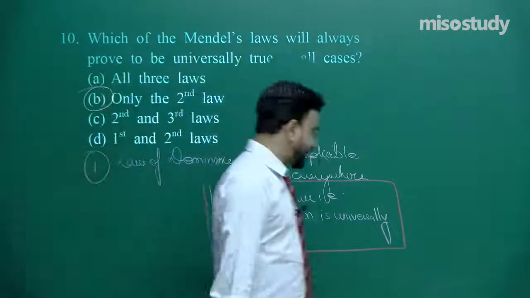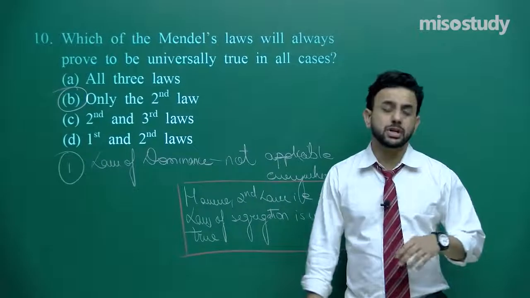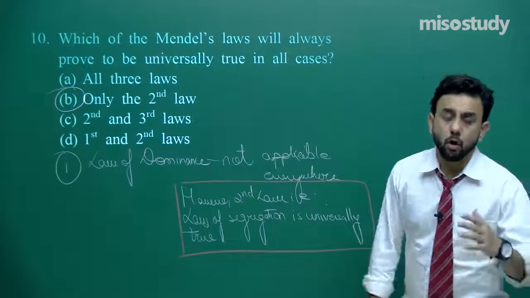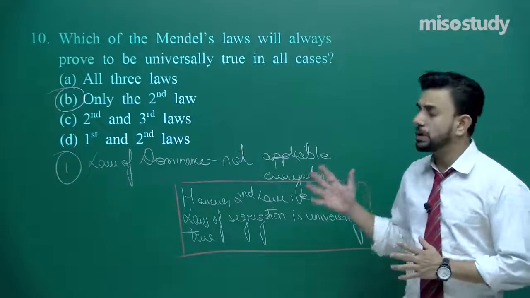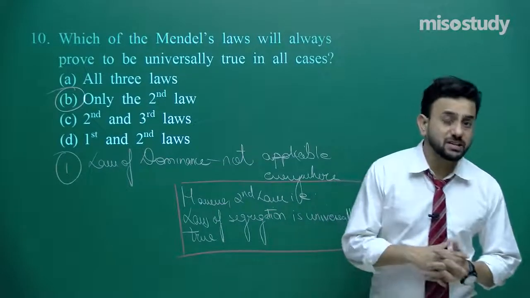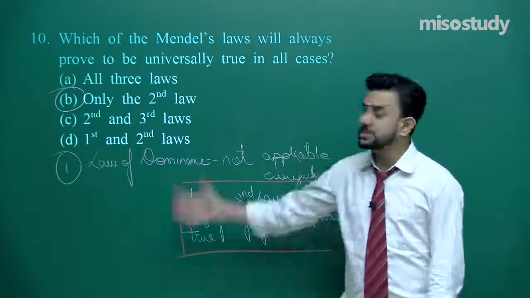Right friends, so we have come to the end of these 10 questions, 5 we did in this session and 5 in the previous session. I hope you are following things. I hope genetics is clear, because we have discussed so many things. We have discussed the pedigree analysis, the various rules of pedigree analysis,